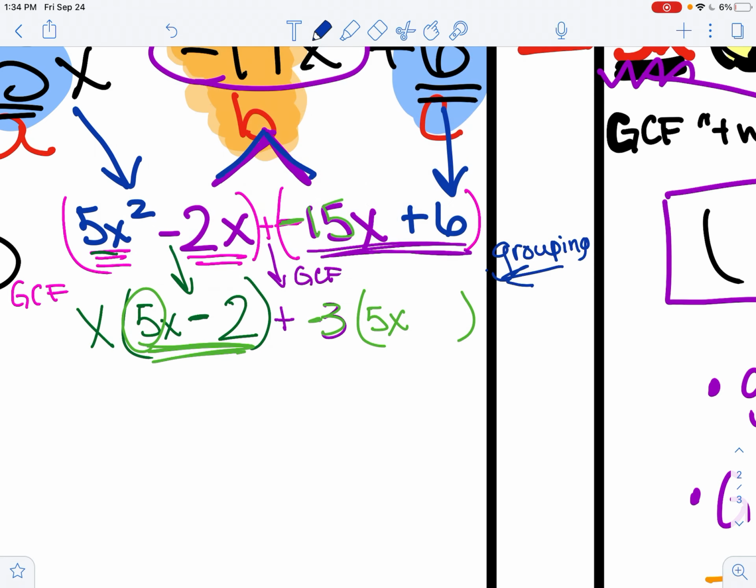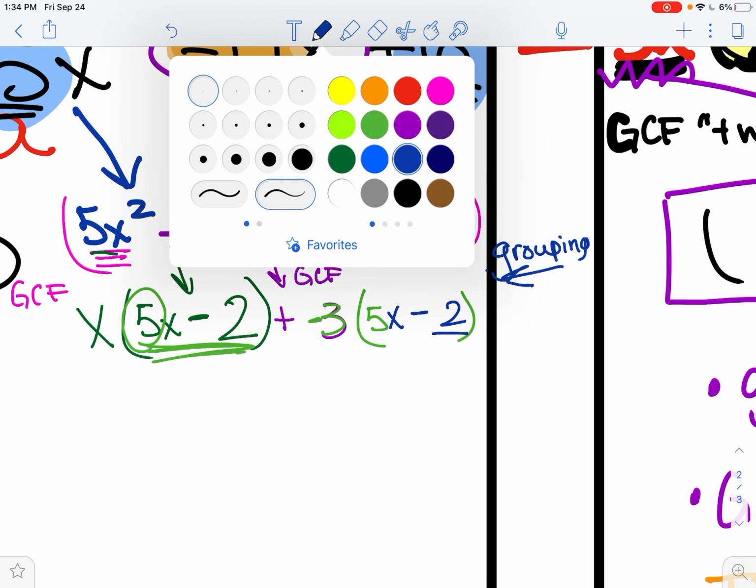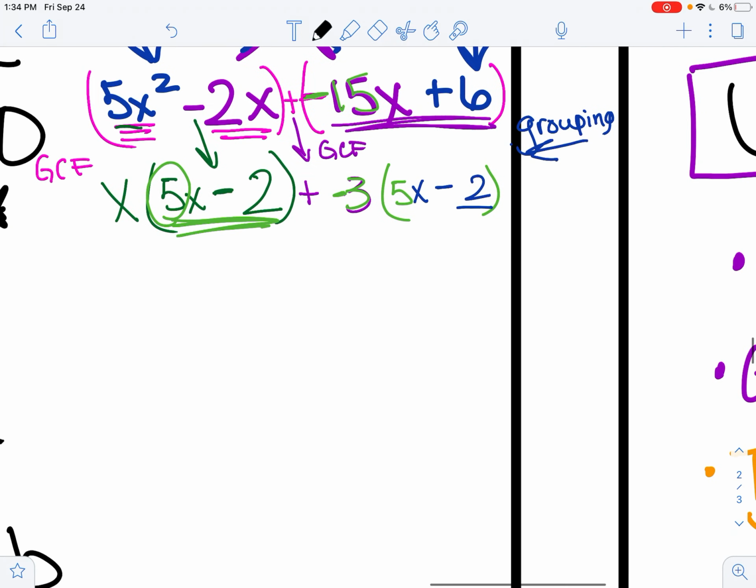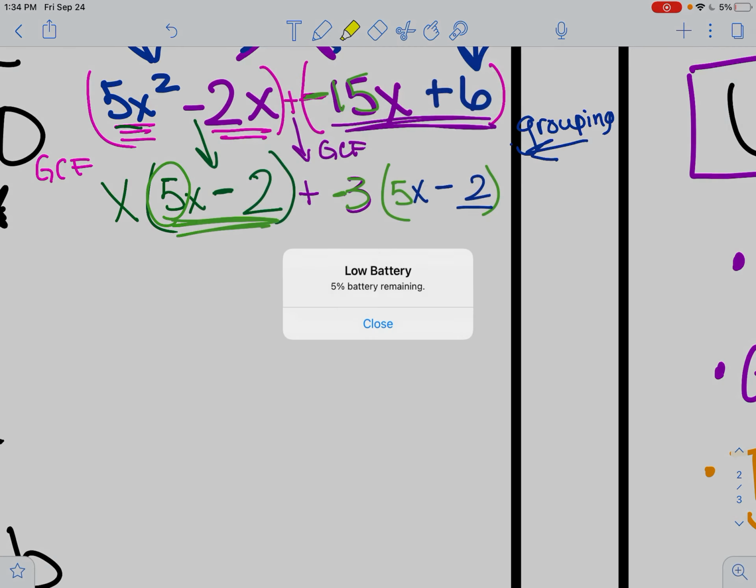Bring down the plus. And then I'm going to go, okay, well, I know -3 times +2 will get me back to that +6. Oh, pardon, no, it's not. I need this to be a negative. There we go. So now I know -3 times -2 is +6. So remember, at this point, now we're looking at, okay, oh, look, congratulations. We've got